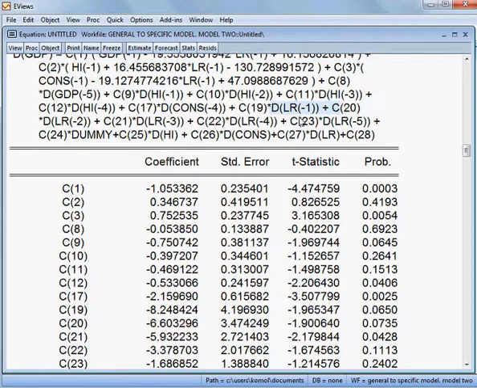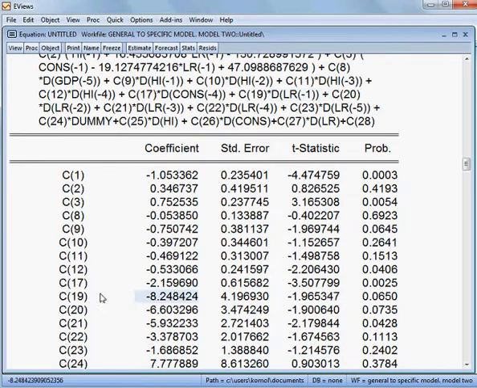So the associationship should be negative, not positive. But here C19 has been negative. So it is desirable. So this one we are happy about it. Then